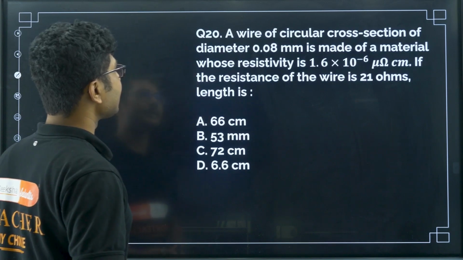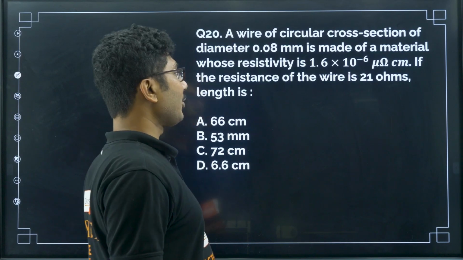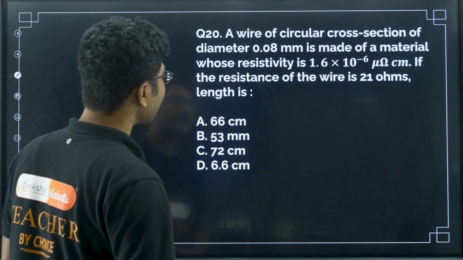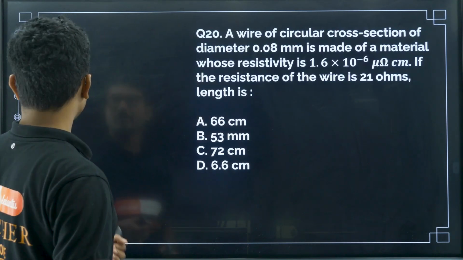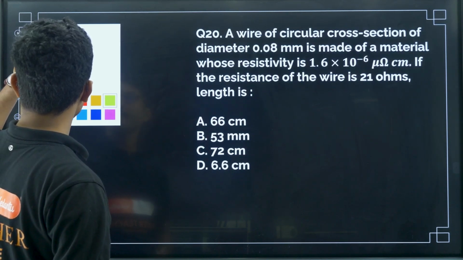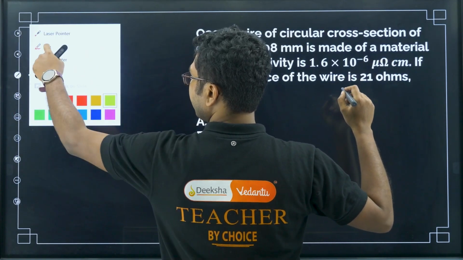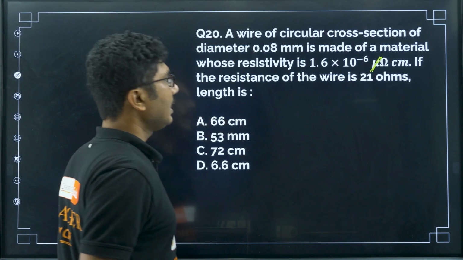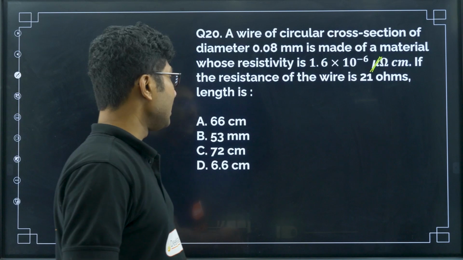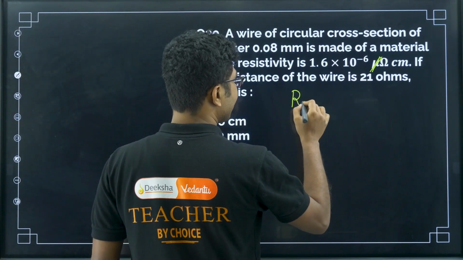A wire of circular cross section of diameter 0.08 millimeter is made of a material whose resistivity is 1.6 times 10 to the power of 6 micro ohm centimeter. If the resistance of the wire, sorry, this won't be micro ohm, this micro is incorrect, I guess that has been corrected in your question paper. Okay, whose resistivity is 1.6 into 10 to the power of minus 6 ohm centimeter. If the resistance of the wire is 21 ohms, the length is,